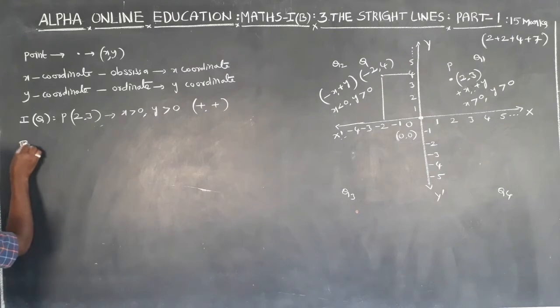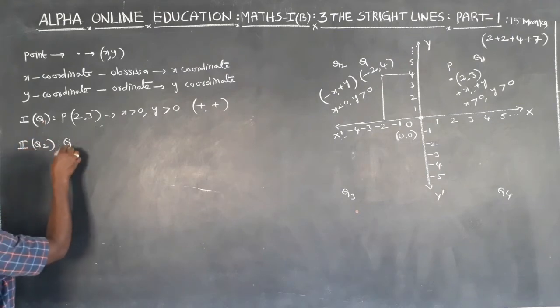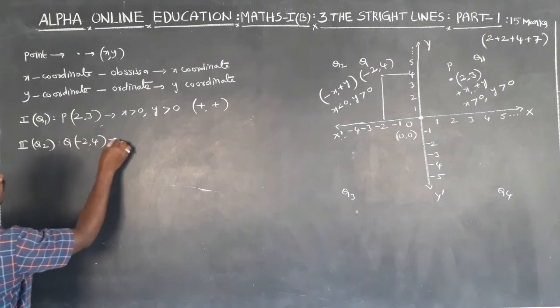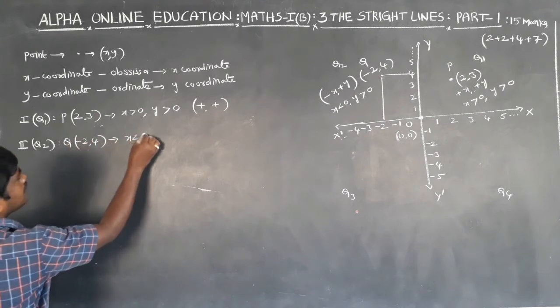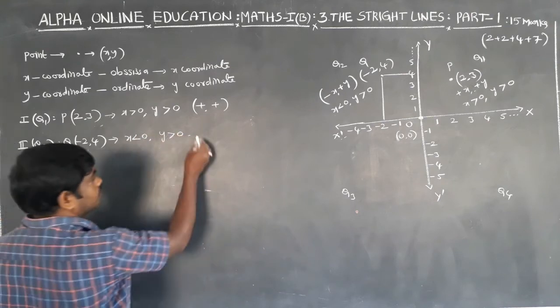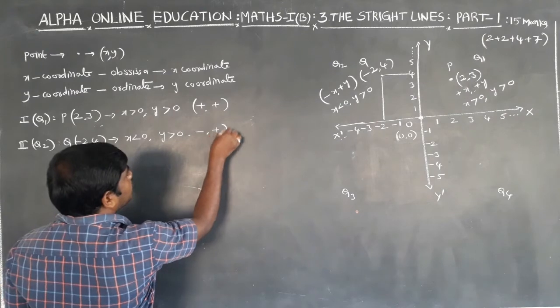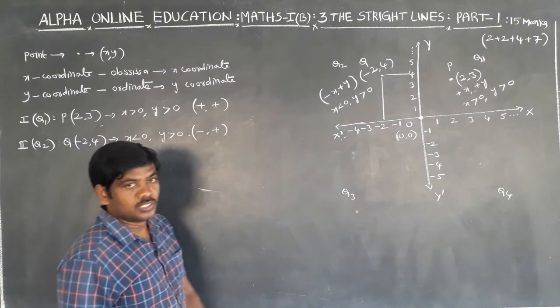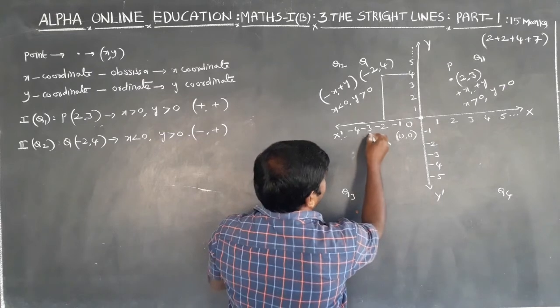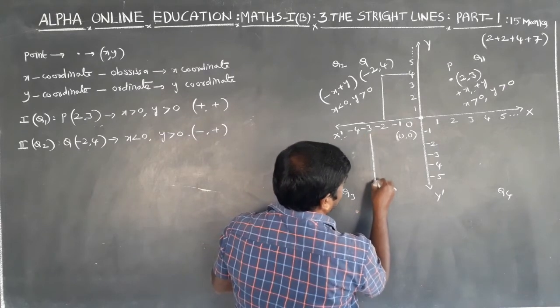In the second quadrant, point Q is (-2, 4). That means x is less than 0, y is greater than 0: x negative, y positive. Next, in the third quadrant, this is the point